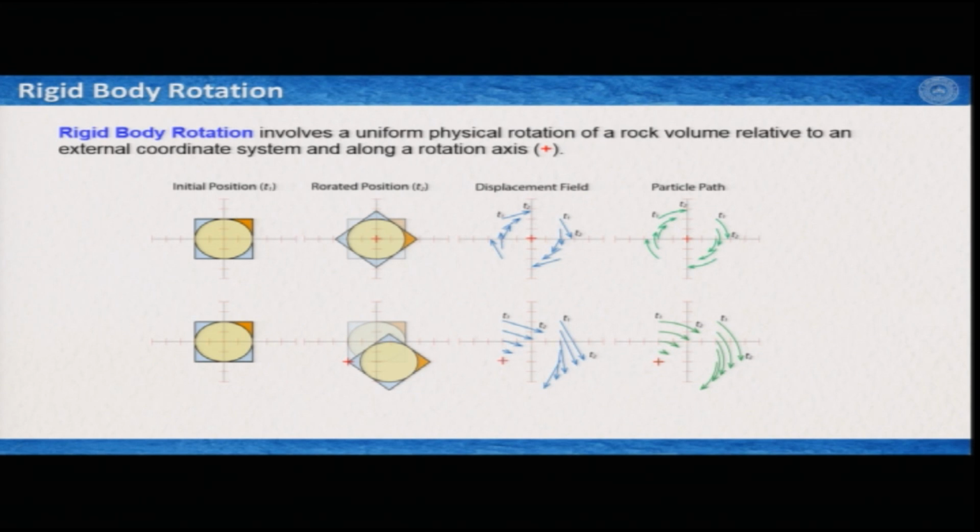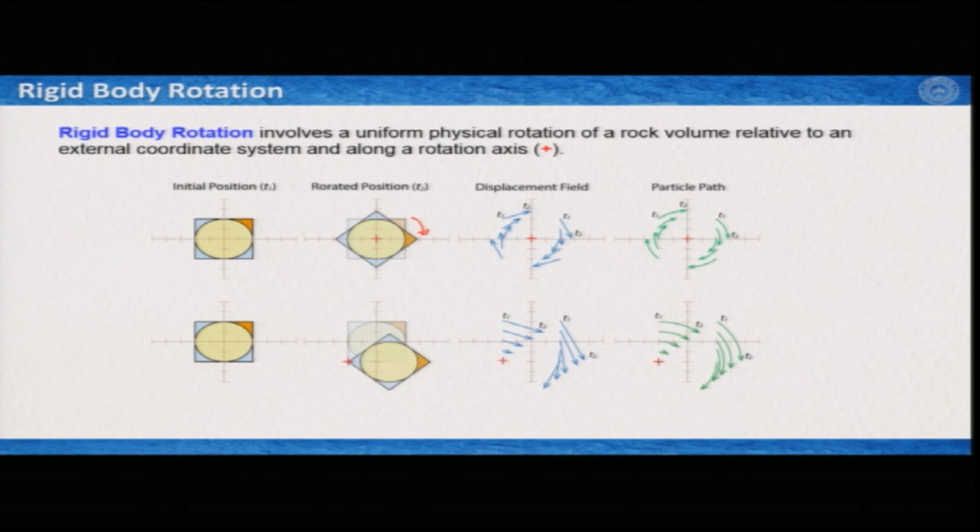Now, to do a rotation you need an axis of rotation. Here I have again cited two examples, and rigid body rotation involves a uniform physical rotation of a rock volume relative to an external coordinate system and along a rotation axis. So, in the second column, which is your rotated position at T2, the rotation axis is marked by this red cross. In the first one it rotated keeping the origin of this coordinate system, and it rotated 45°